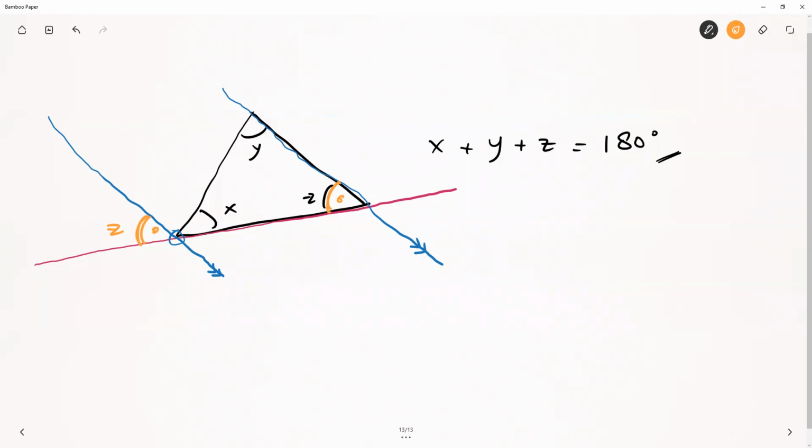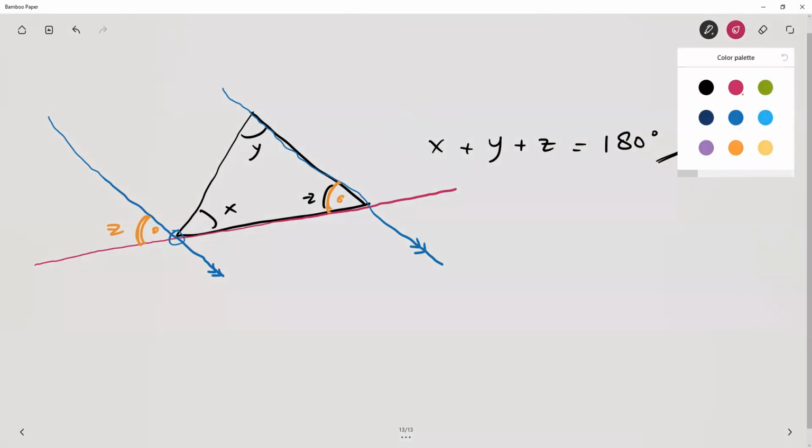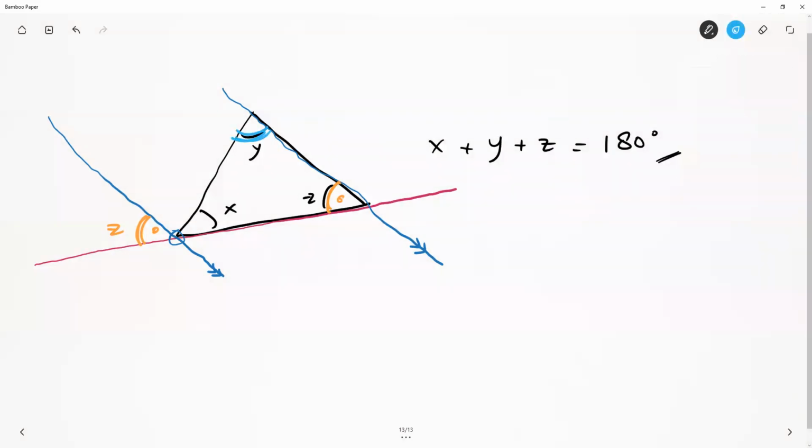Now, if you look at this angle Y, this is actually also the same angle Y. Yes, because they make alternating angles. So this is like you have a letter Z in there,